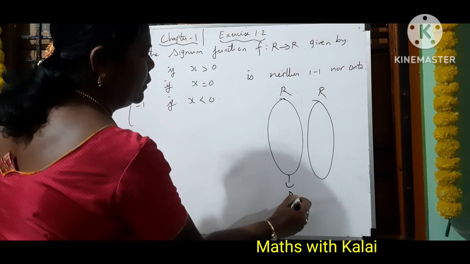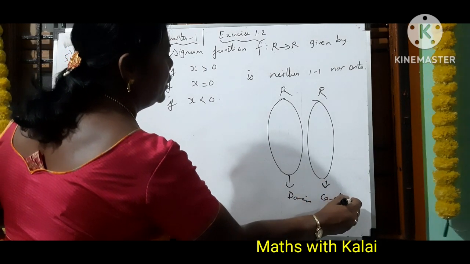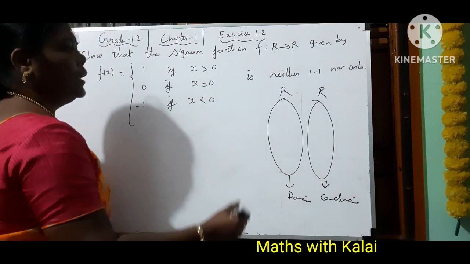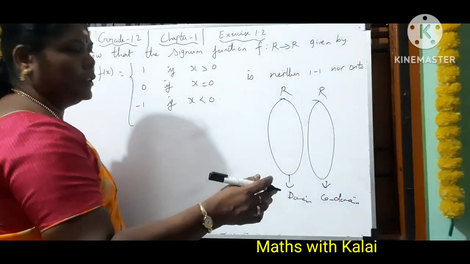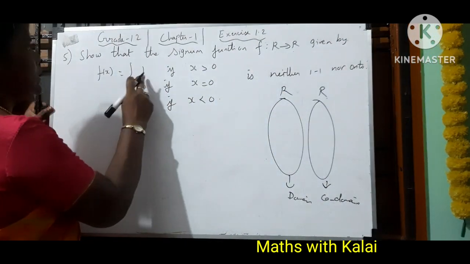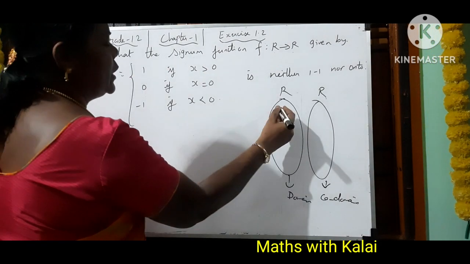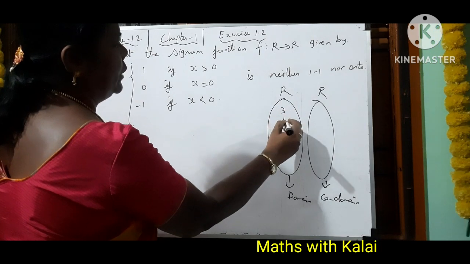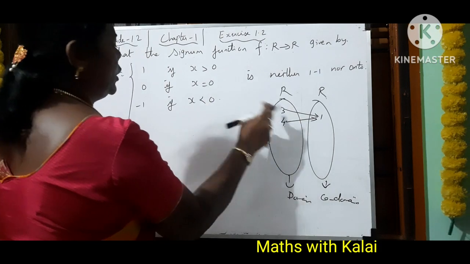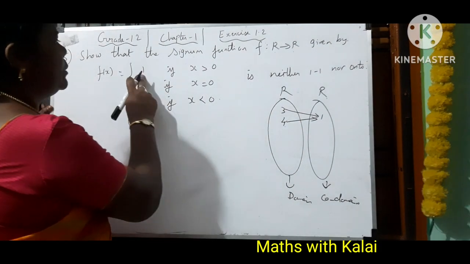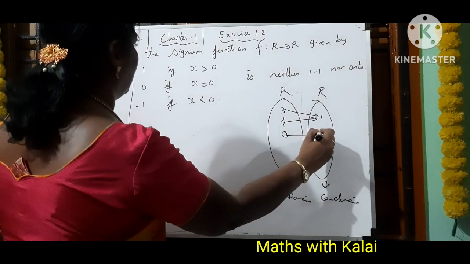Now actually according to the defined function, the function is defined from real number to real number அப்படின்னு கொடுத்திருக்காங்க. This is our domain and this is our codomain. Both domain and codomain, it is our real number. Okay, now real number, we all know all the elements can come under this other than your unreal values. Okay, so இப்போ what is the value given for x greater than 0, f of x should be equal to 1 சொல்லிருக்காங்க. X greater than 0, let me take x is equal to 3, 4 எடுக்கிறேன். But whatever the value I am taking, it should be mapped to only the element 1. Whatever positive values we are considering, that has to be mapped to the element 1 only it is given. For x equal to 0, it should be mapped to the element 0.